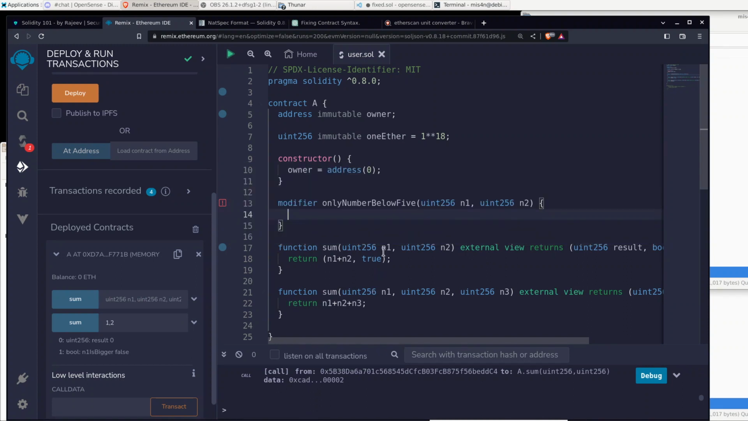So what I can do here is I can say, hey, require that n1 is smaller than 5. Or smaller or equal. No, smaller. We said below. And n2 also needs to be smaller than 5. I don't know if I can do things such as those complex logic stuff. So when I do this,